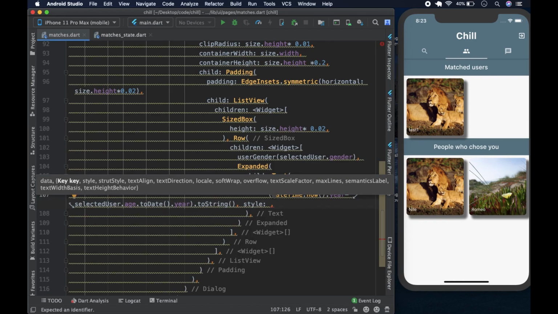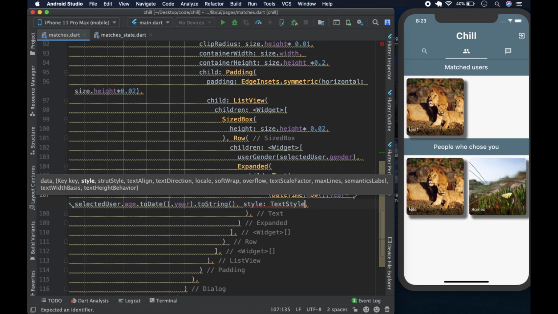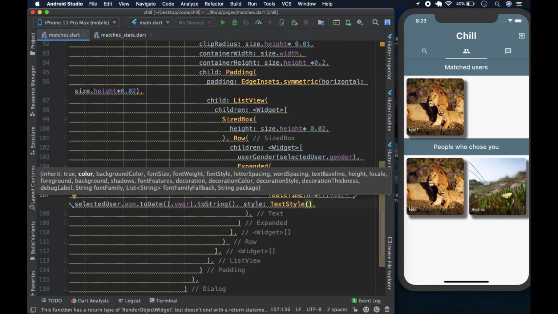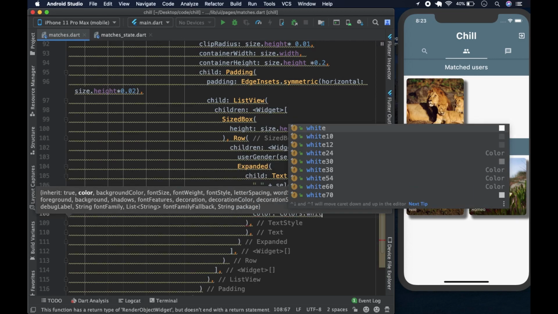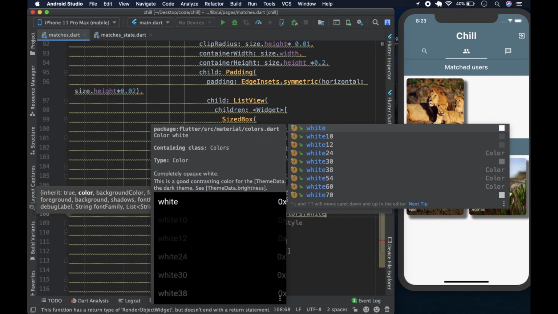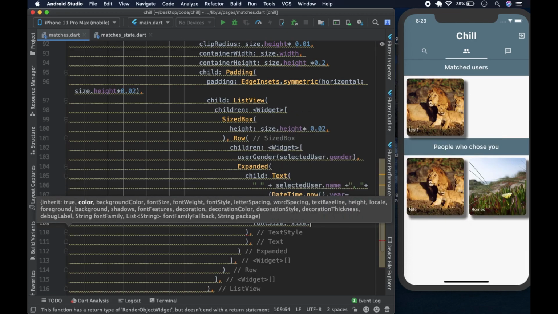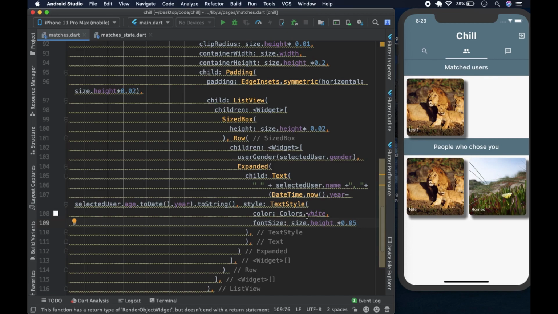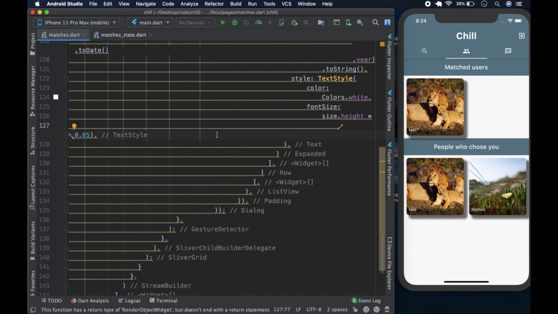The style is going to be text style like so, and the color is going to be, of course, Colors.white. We're going to have a look at it in a bit. Colors.white like so. The font size is going to be size.height, and we're going to multiply it by 0.05 like so, and we're going to multiply it by 0.05,